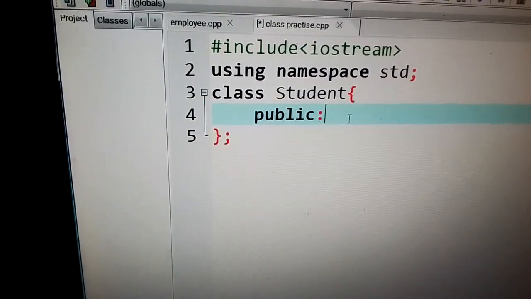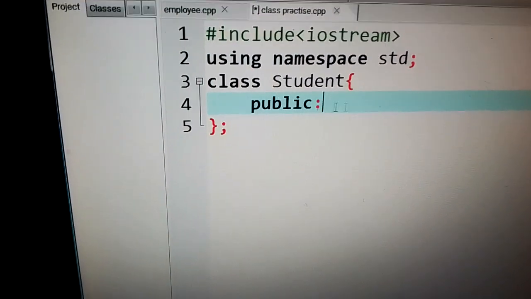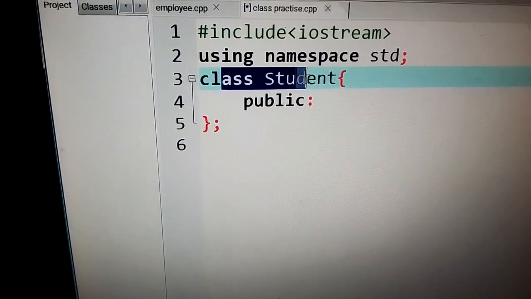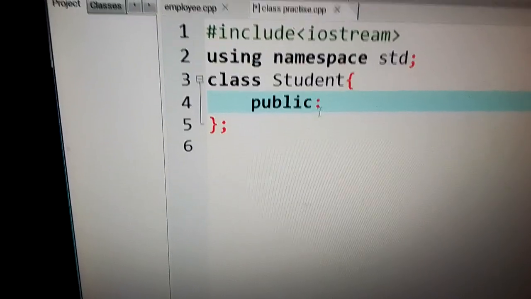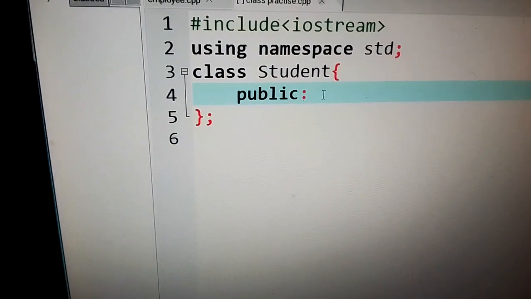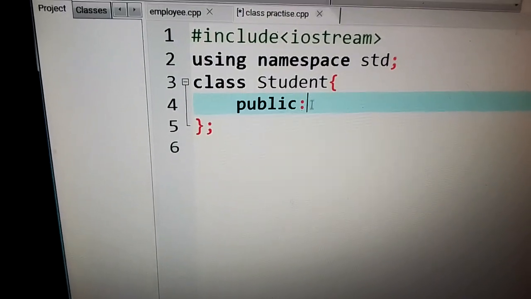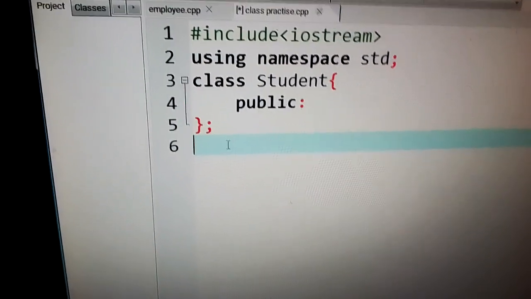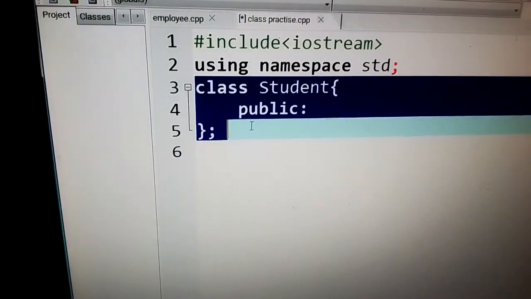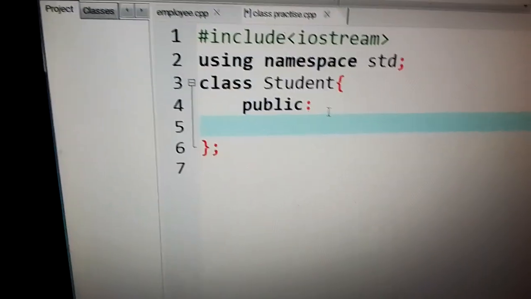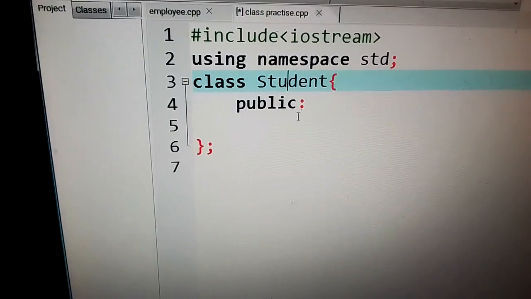When I write something like this, it means the members of a class can be accessed outside this class because they are public. Something that is public is available to everyone. So the members of the class will be available to everyone, hence they can be accessed outside this particular class because they are public. So the behaviors of this class student, number one, I want to say that a student